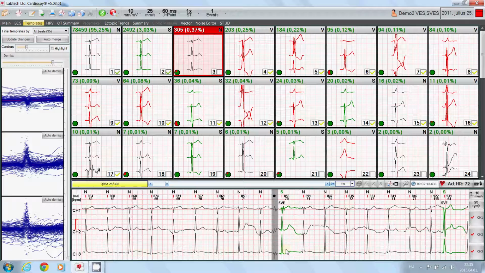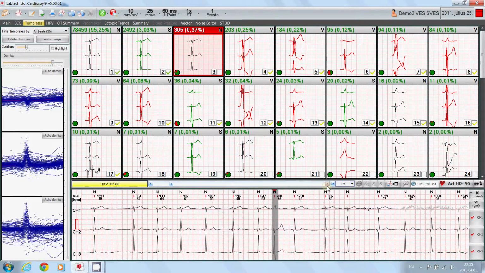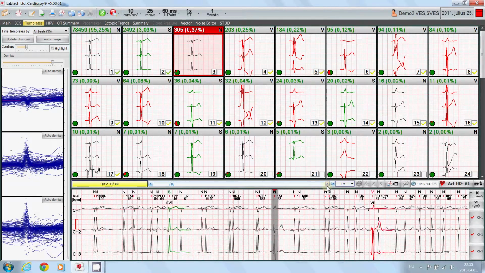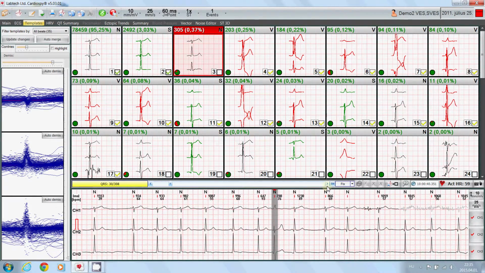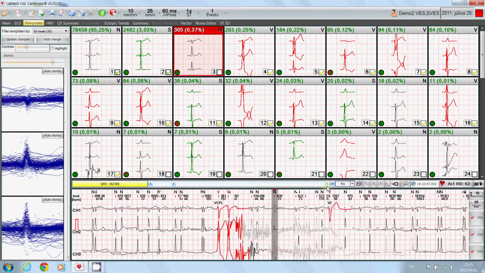If the majority of the beats in this template would not be normal but rather something else, which seems to be the case here,